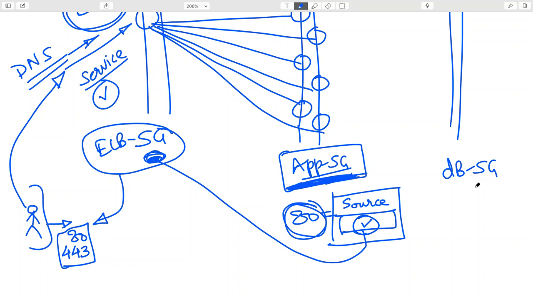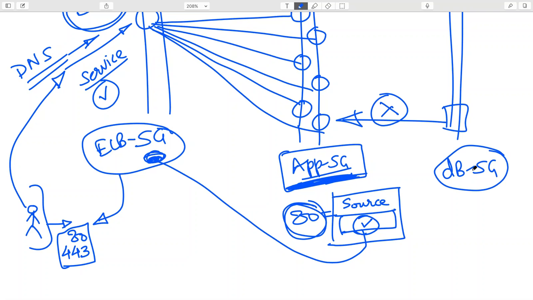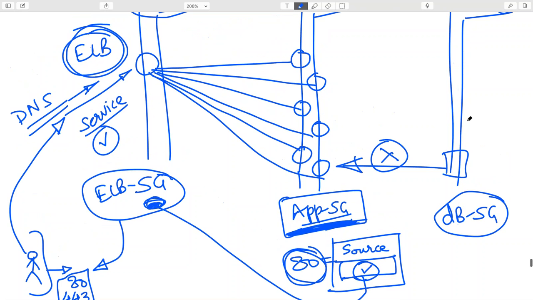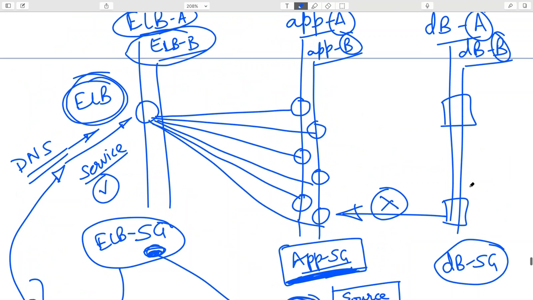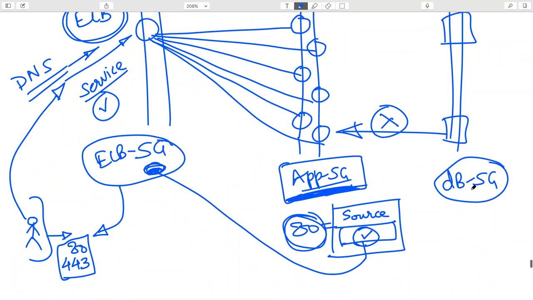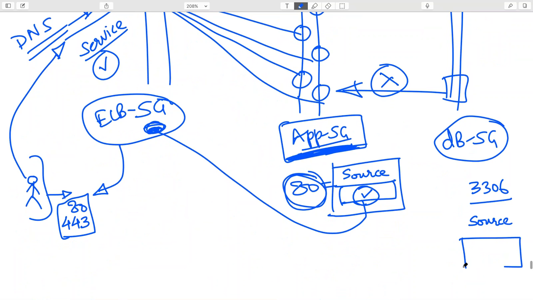Not even the DB. If you happen to have a box here, they should not be allowed. Not in that direction. Similarly, the next security discussion would be for the DB itself. For the DB SG, you will have some DB boxes here. And in that scenario, you will open up port number 3306 for access from source that happens to be any